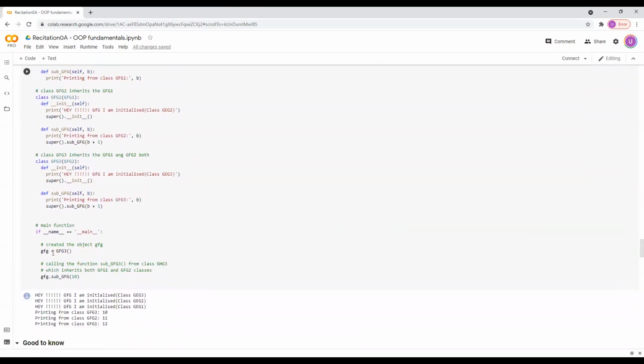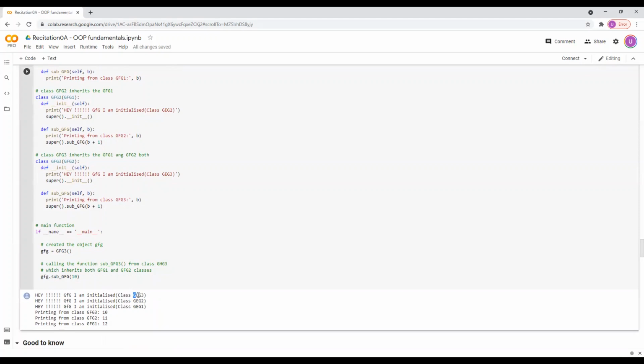Here, when we've instantiated GFG3, we can see that all of these three print statements are printed for the three classes. After that, we've called the sub GFG method that we've defined here. It will print the statement and then call the method from GFG2. The same thing will happen here, where it will call the method from GFG1.